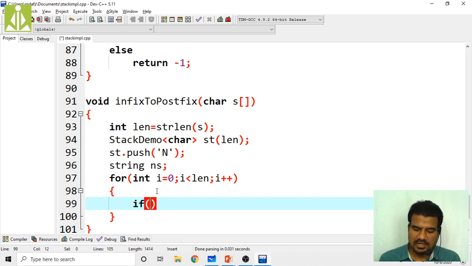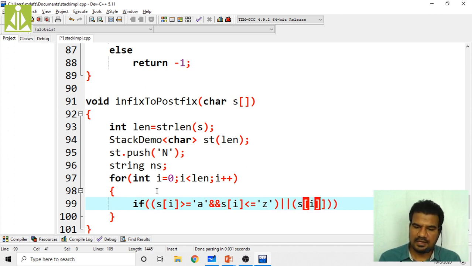If s of i is greater than or equal to 'a' and s of i is less than or equal to 'z', or capitals also we have to check: s of i greater than or equal to 'A' and s of i less than or equal to 'Z'.